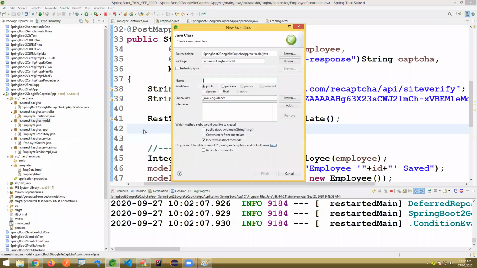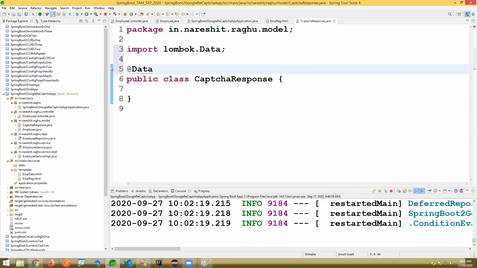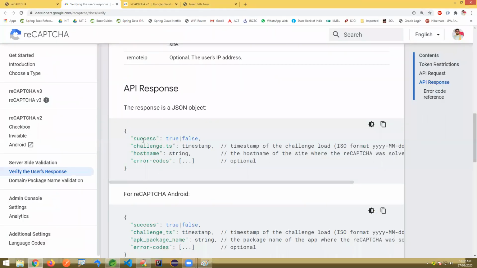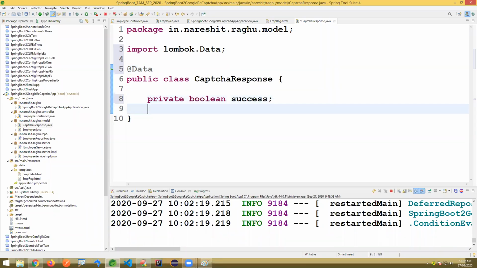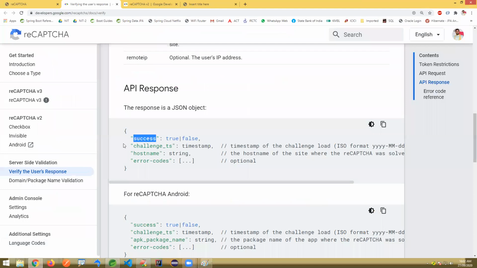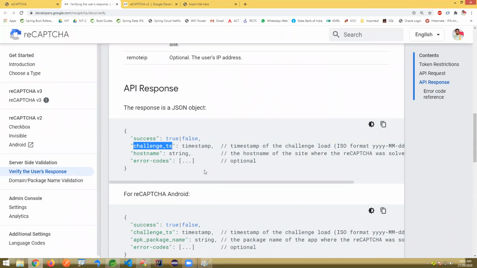I'm writing a class CaptchaResponse, and there I'm applying @Data. What is required? First of all, success is a Boolean property. There I'm writing private Boolean success. Second, challenge TS. Yes, you have to provide all these three for sure. It's a private String challengeTS. That will hold the timestamp and hostname.